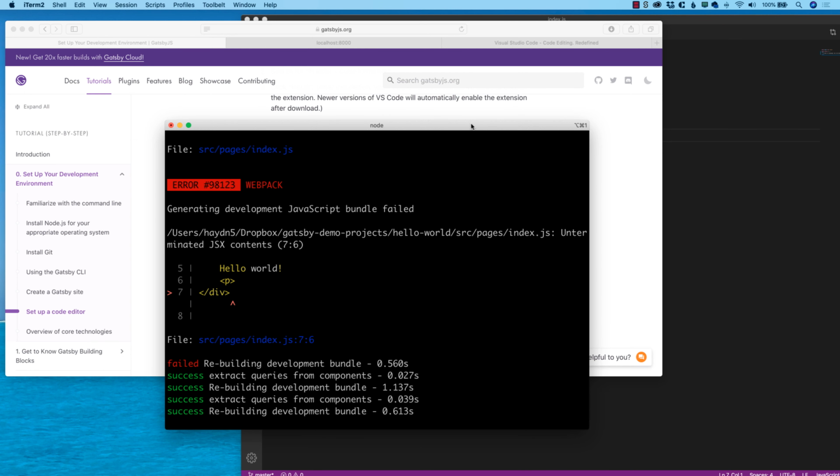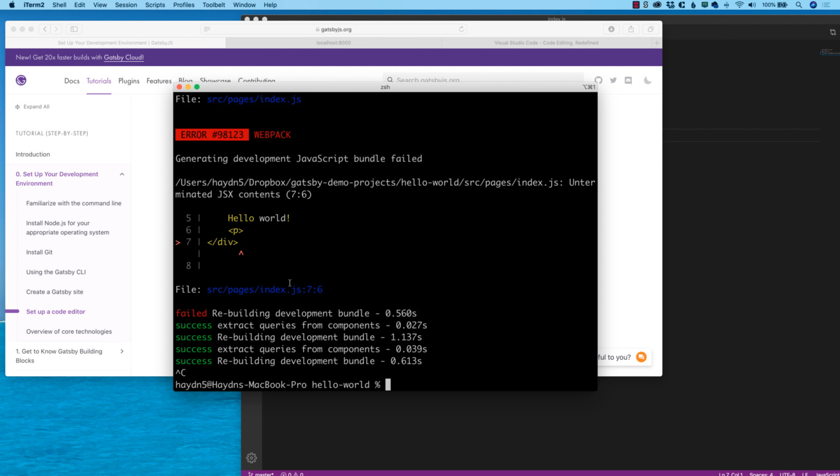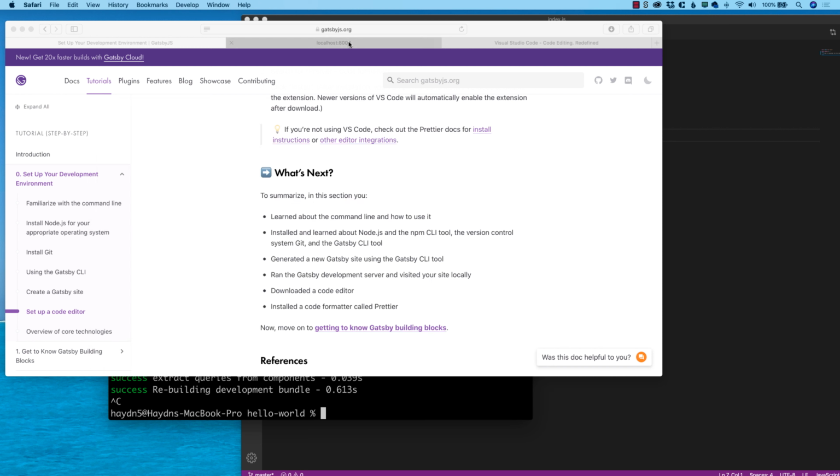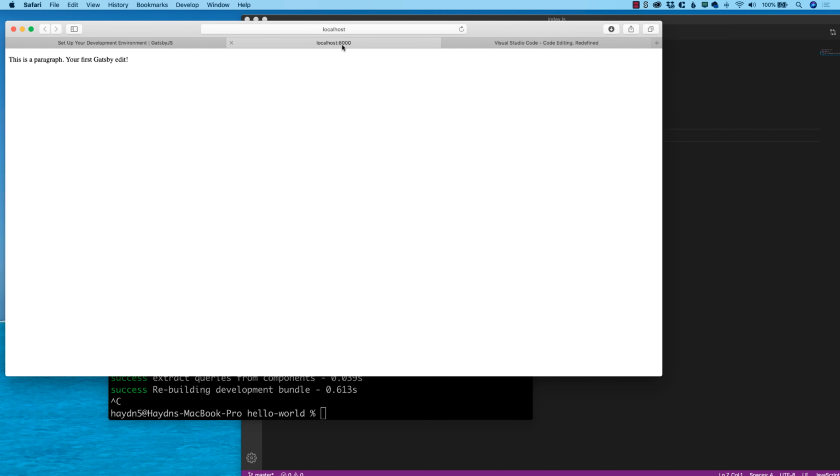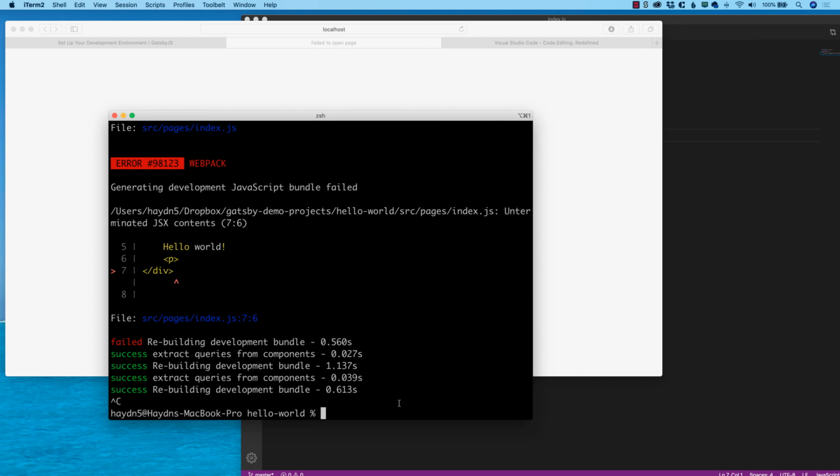So what I want to do is hit Control C, and that stops the actual Gatsby develop. Now, when I hit Control C, everything stops. That localhost 8000, when I refresh, failed, because it's almost like you started your development server and then you stopped the development server. So the Control C is how we stop it from running. So just to refresh one more time, Gatsby develop